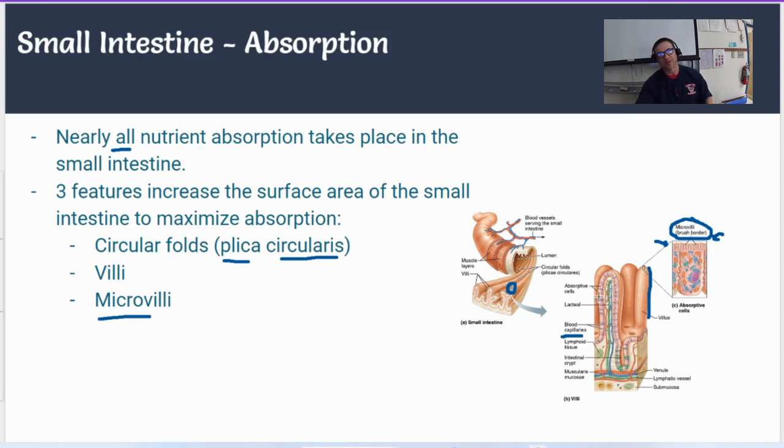So these simple columnar cells are going to absorb the nutrients, the sugars, the fatty acids, the amino acids, and put them into blood capillaries. And it's also going to put them into lacteals. These are lymphatic vessels, which are going to absorb and take in the lipids, the fatty acids. So the blood capillaries are going to take in the amino acids and the sugars, and the lacteals, these lymphatic vessels you can see in green, are going to absorb the products of the lipids, the fatty acids